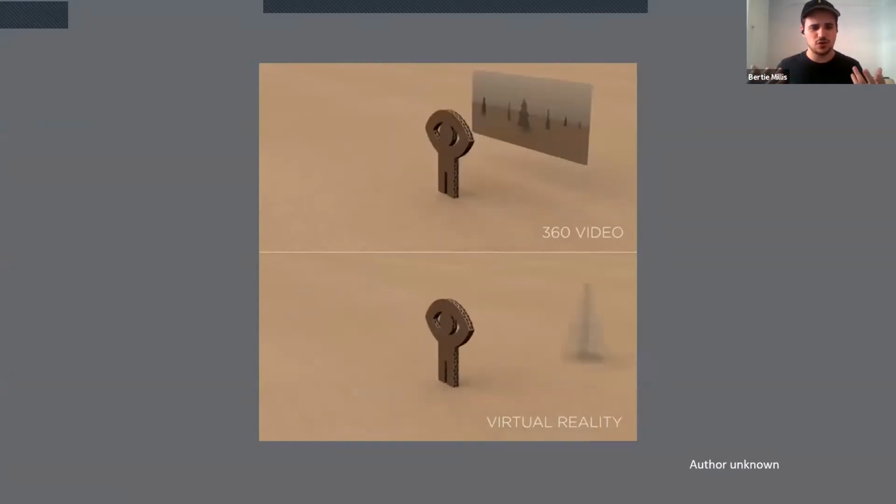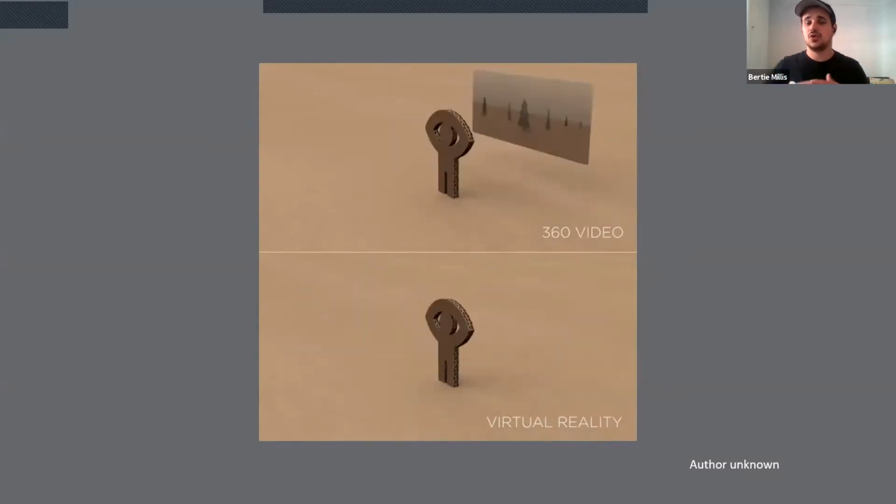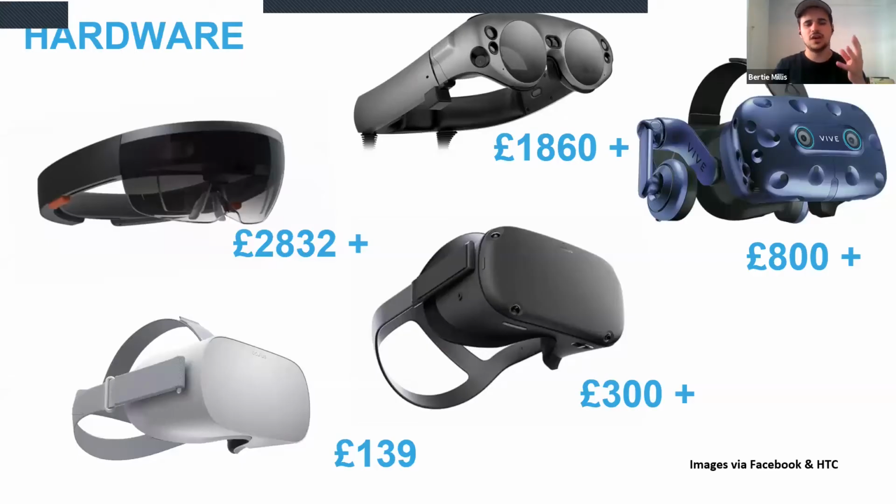You have 360 photography, where the image is static, and then 360 video, where the video moves. You could be in the middle of a film, or you could be in a learning and development exercise. All sorts of different scenarios. And depending on what your use case is or what you're trying to achieve, this might be the best way to do it, which is why I make sure to also mention this example. So, looking at the hardware out there,